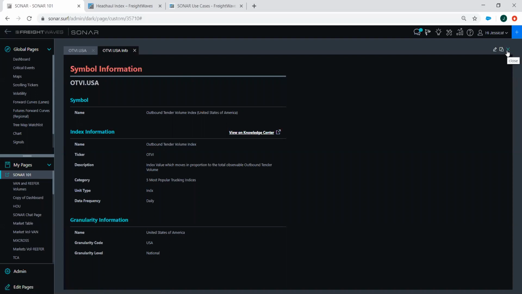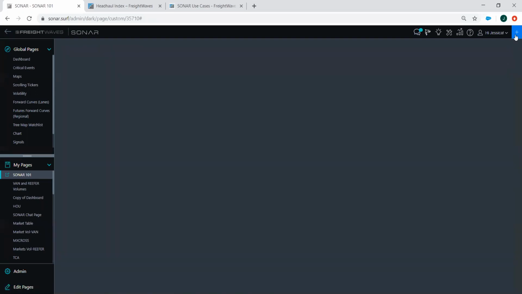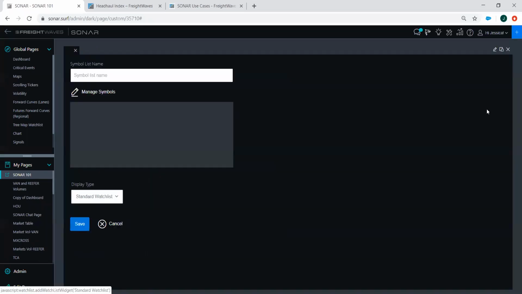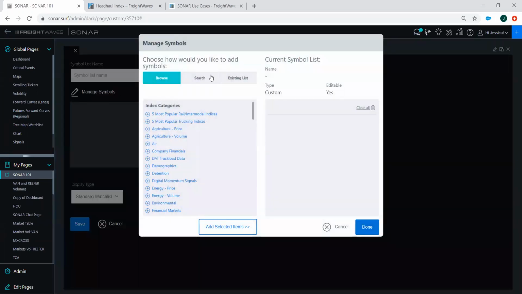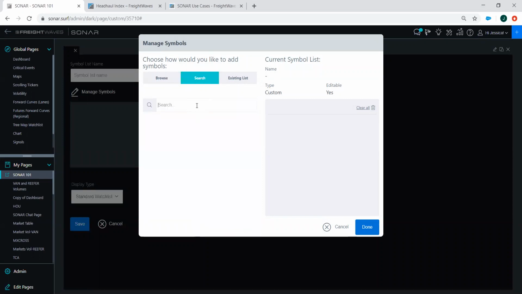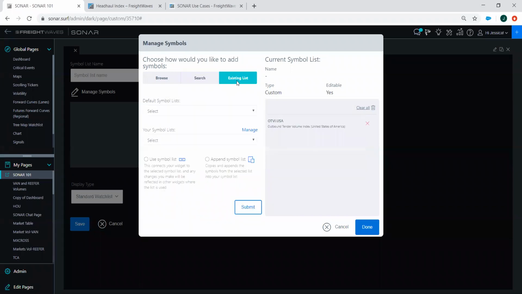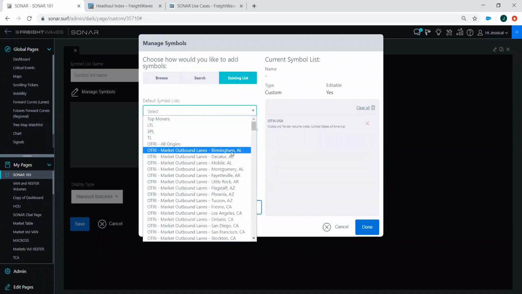I'm going to X out of the chart real quick and hop over to a watch list. I'm going to go up to the blue plus sign and click on Watch List. To build a watch list, you click on Manage Symbols, and you build it all the same. Underneath Browse, you'll have the same categories as you do on your chart. You can search and add to your watch list,